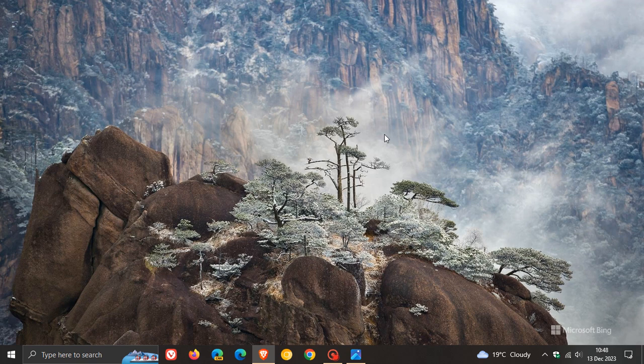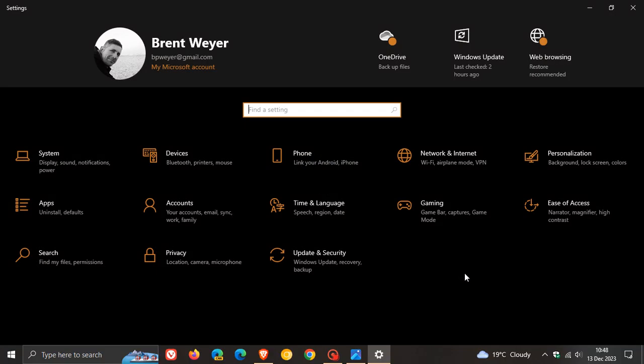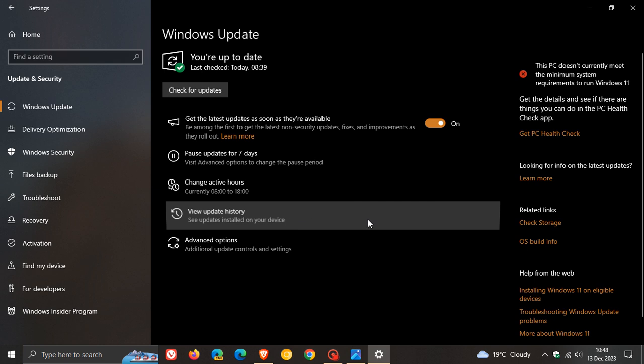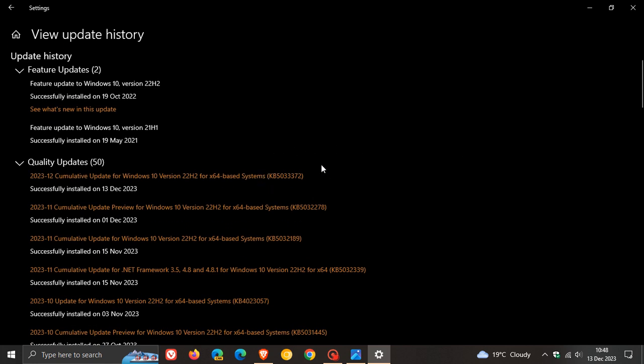So Microsoft is rolling out the final Patch Tuesday updates for Windows 10 and Windows 11 for this year, 2023, which started rolling out on the 12th, which was once again late yesterday in my region. And the Patch Tuesday updates that roll out on the second Tuesday of the month will be downloaded and installed automatically onto your device, as many of you will know. And for Windows 10, this month's Patch Tuesday update is